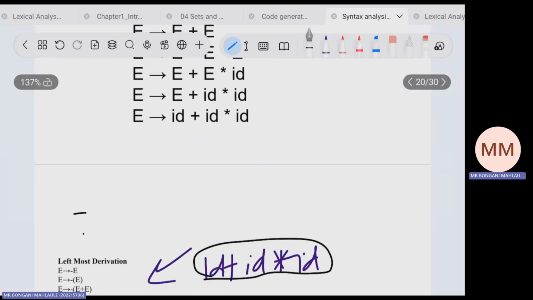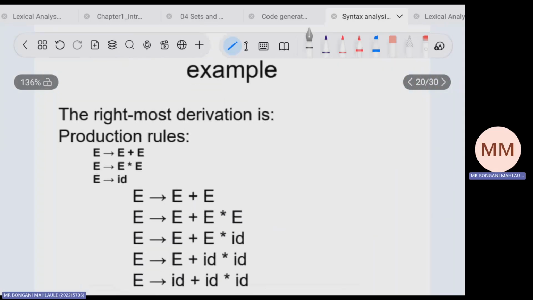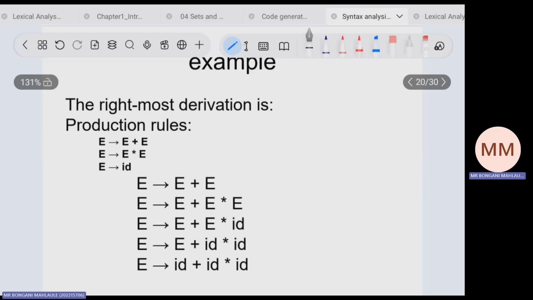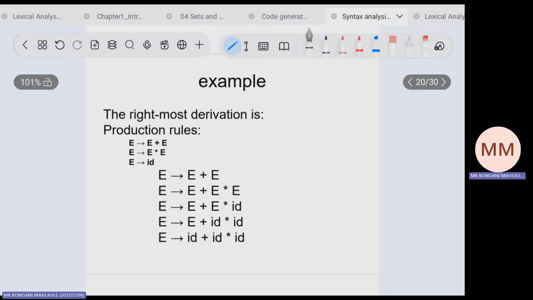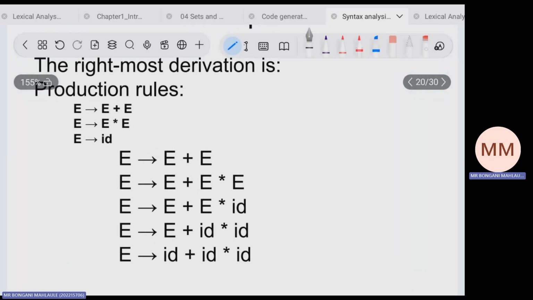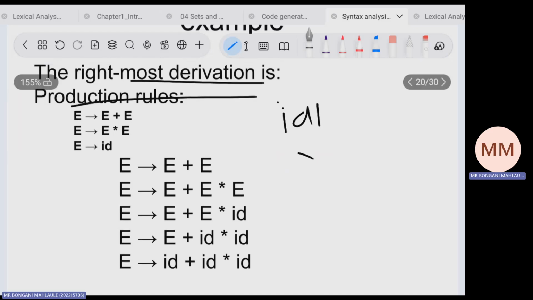I think there was supposed to be an example there for that, because we have a negative there. Production rules. Okay. Let me see. Okay, so with the rightmost derivation, you are going to start replacing from that example, ID plus ID times ID. You'll start replacing from the